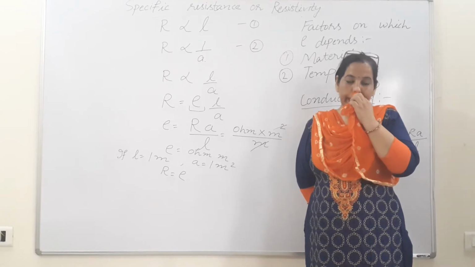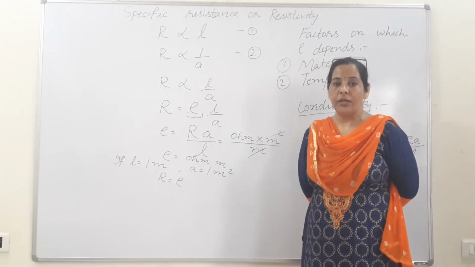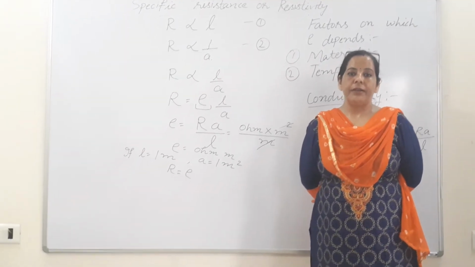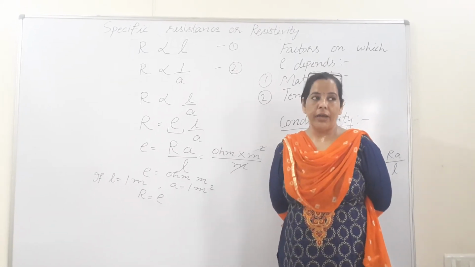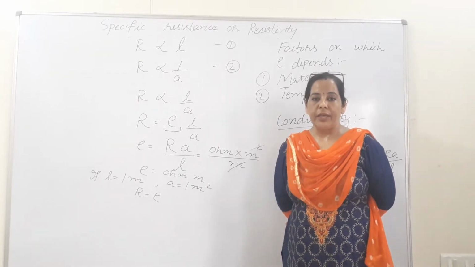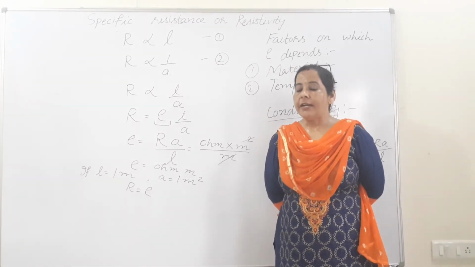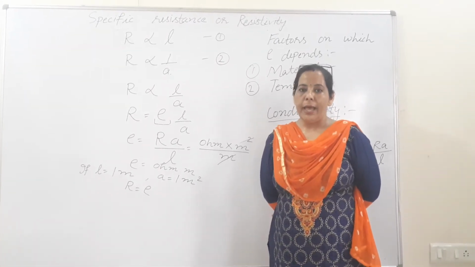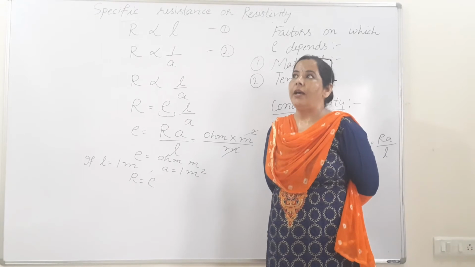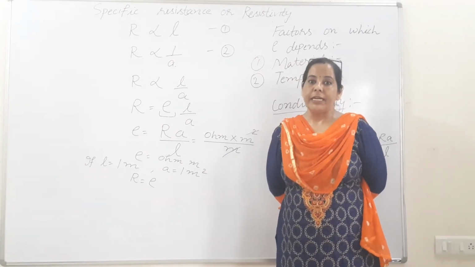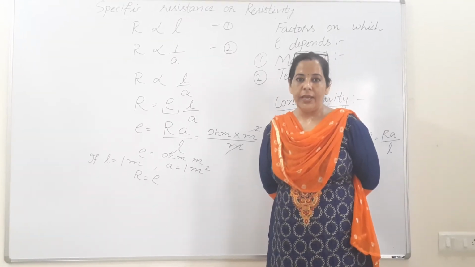Then why is fuse wire made up of an alloy of lead and tin? Again, you have to learn it, because its melting point is very low and its resistance is very high. Why is the melting point low? So that if a large current passes through it, it melts immediately and disconnects all your electrical appliances. Then, of which material is the heating element in bulbs made? It is made up of tungsten, because its melting point is very high.